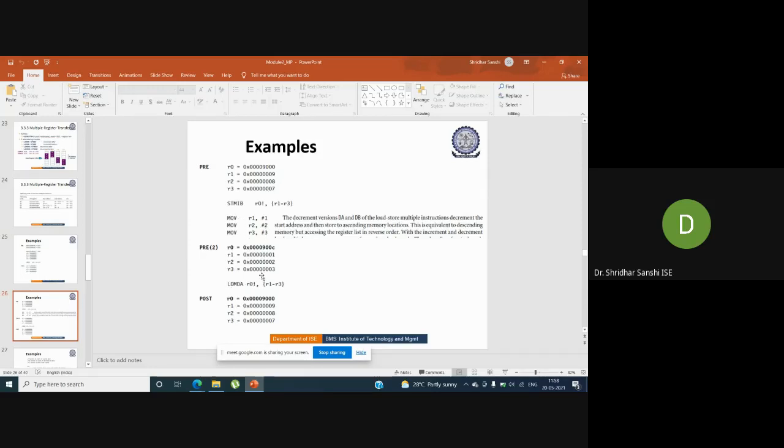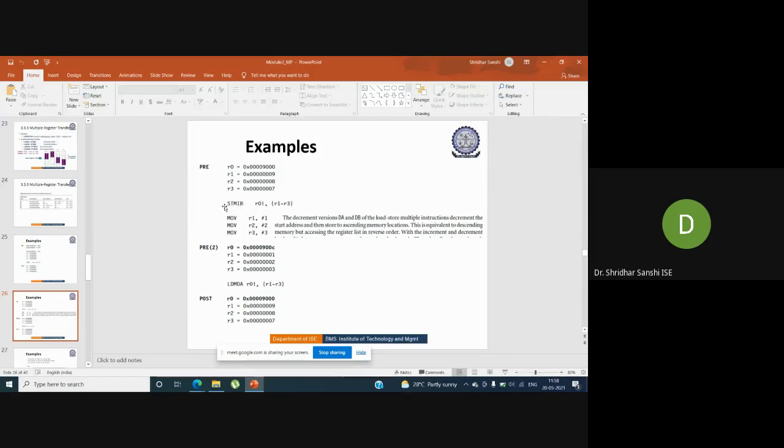So in this, we are storing some values in R1, R2 and R3, and we are storing the base address in the register R0, and then we are using this STMIB. So store multiple instruction, increment before.